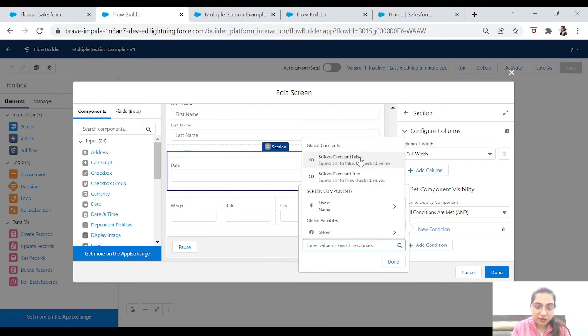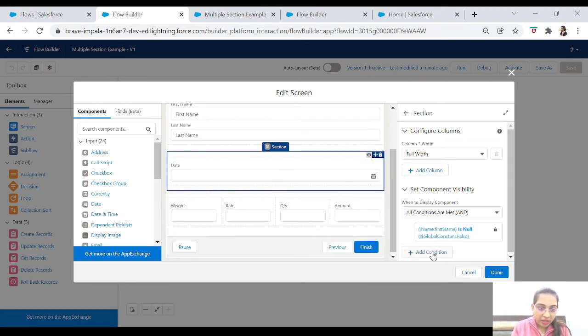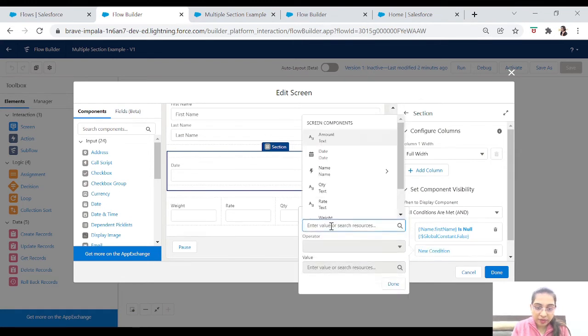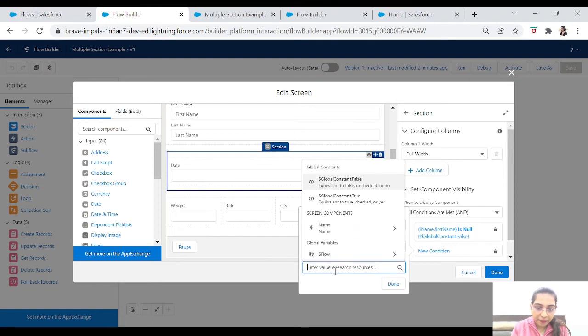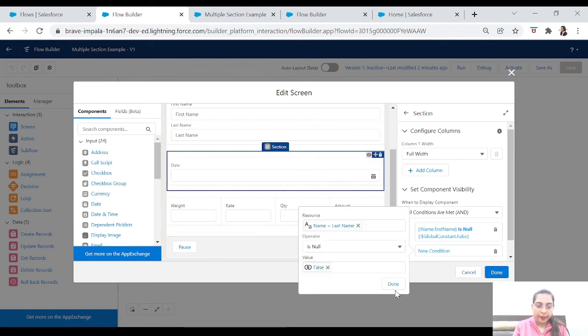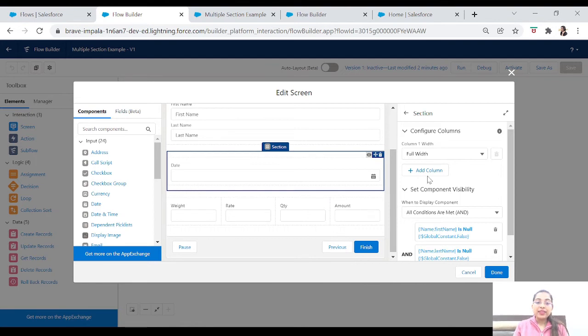That means first name is filled. And one more condition: name dot last name is blank false. Now when you fill the first name and last name, then only the date section will appear.